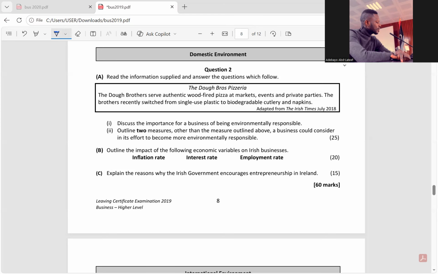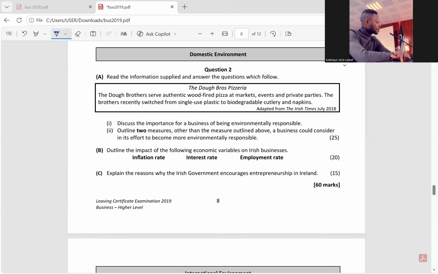Two, low economic growth, because output of Ireland would reduce. People do not have jobs. The PPC or the PPF of Ireland goes inward because people are unemployed. So that's the consequence of unemployment. I think that is clear. So that's question 2 of 2019, section 3. Now we have the last one, 2C.